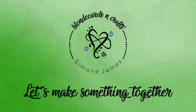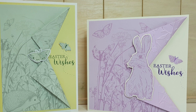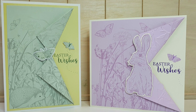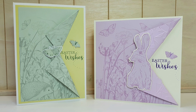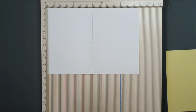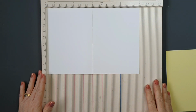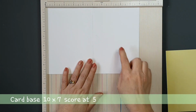Let's make something together. Hello crafters, today we're going to make these two cards. They're a 5x7 and a 6x6 card, and we're using the Papercraft Society box number 30, the products inside that to make this card. So I'm starting with my 5x7 card, and I have a piece of cardstock measuring 10x7